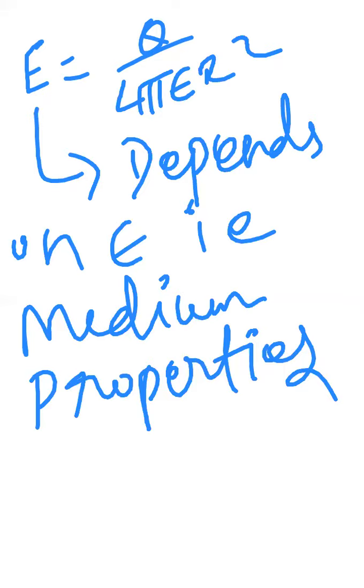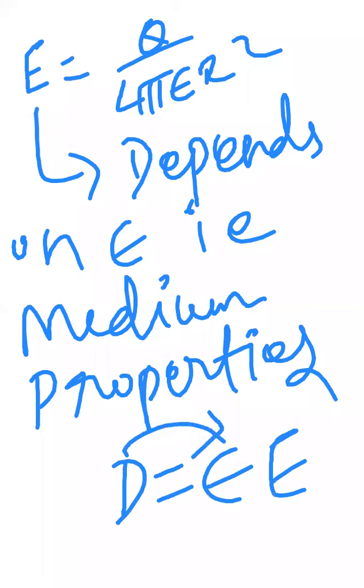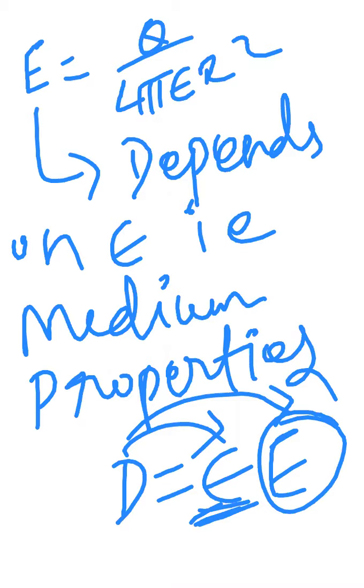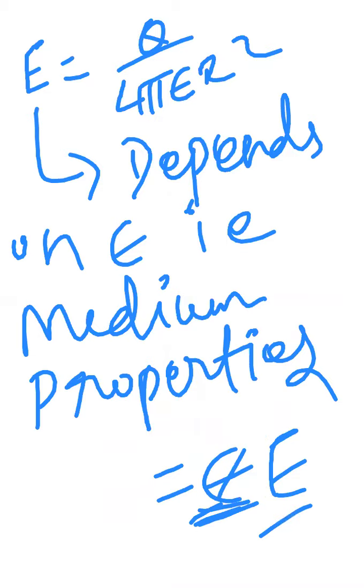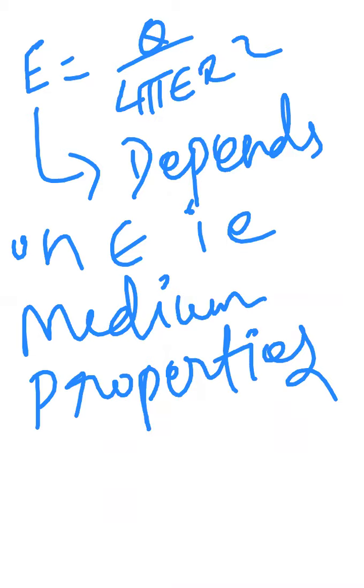Please be careful. E field depends on medium properties, but D value is independent of medium properties, because in that equation you are not getting any epsilon. And somebody may have a doubt, sir, when I am writing D is equal to epsilon E, D depends on E. You may think like that. E is directly proportional to epsilon, but when you write the equation for E, 1 by epsilon comes, so they will cancel each other. Please don't worry about that. So electric flux density is independent of medium properties, whereas electric field depends on medium properties. Please be careful and note down in your notes.